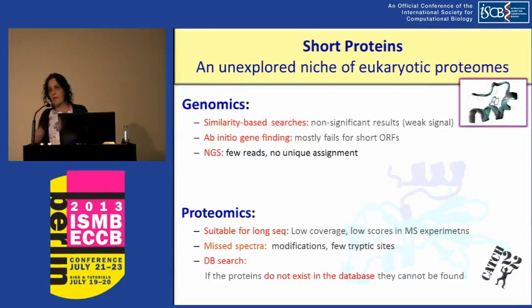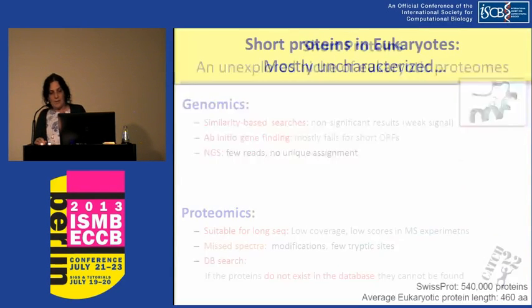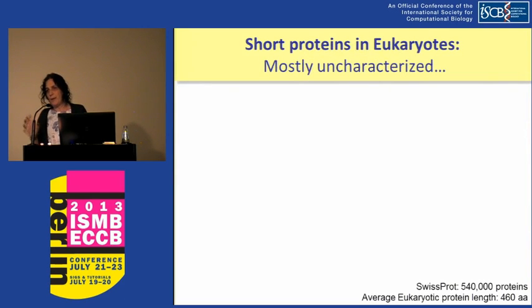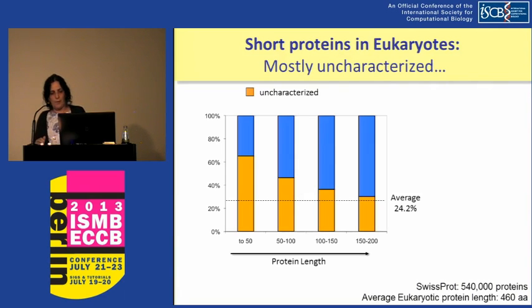But in addition, there is another pretty surprising observation that I want to share with you: whenever you have them, they are mostly uncharacterized. What I mean by that is, if you take the entire Swiss-Prot, which is supposed to be highly annotated, and you take the short proteins, never mind what the cutoff is, you can see quite nicely that there is an inverse relationship between length and characterization. The shorter the proteins, the higher the fraction of uncharacterized ones. So not only is it hard to get them, once you get them, you don't know what to do with them. This is really setting the stage for why we need maybe some other way to get to their functions.